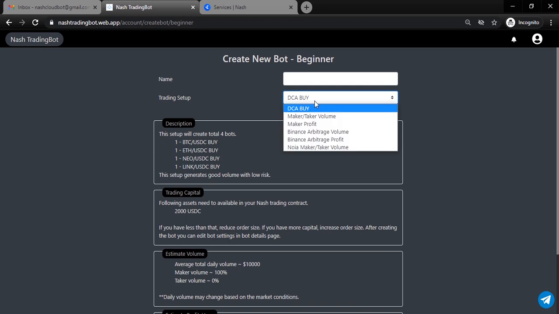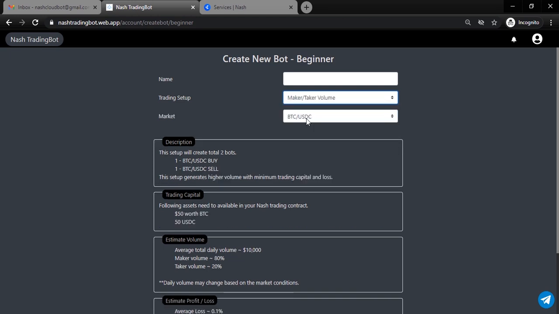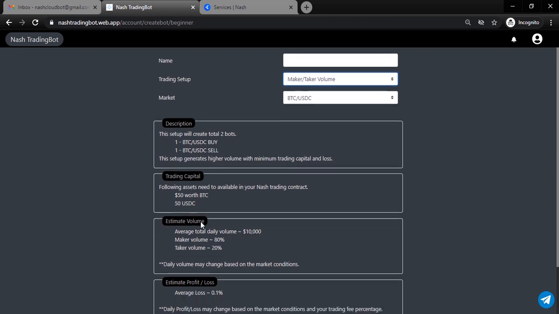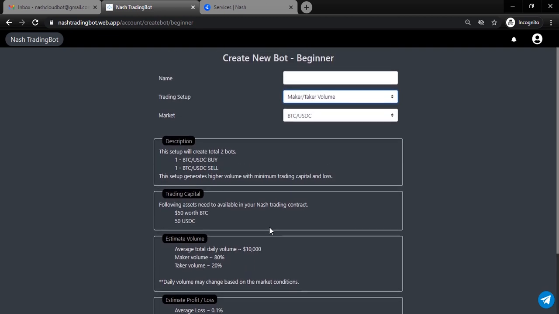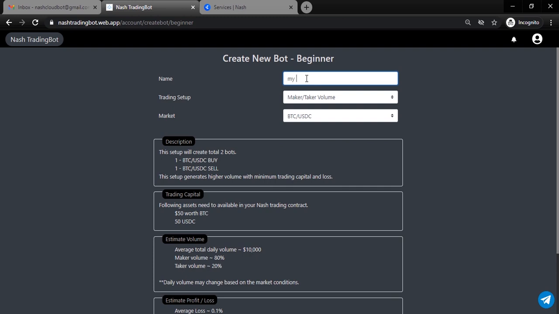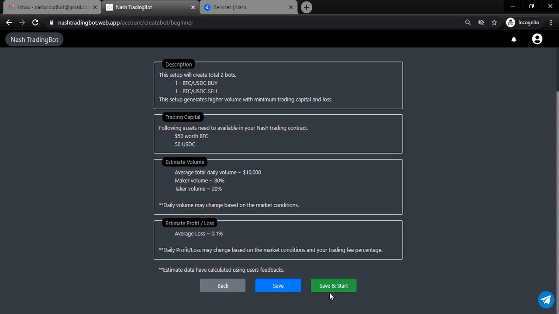For beginners, the MakerTaker volume bot setup is good. It needs only $100 worth of capital, and it can generate more than 10,000 daily trading volume. To create a bot, just select the setup and enter a name. And click save.